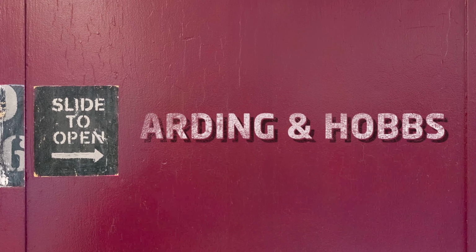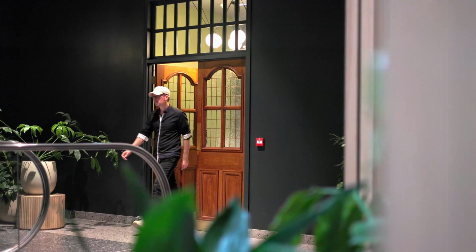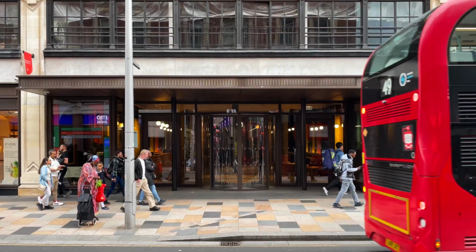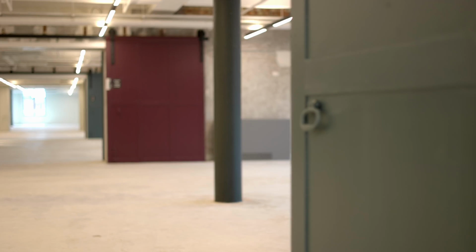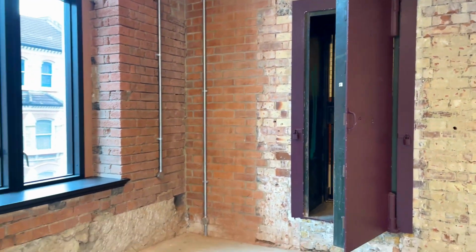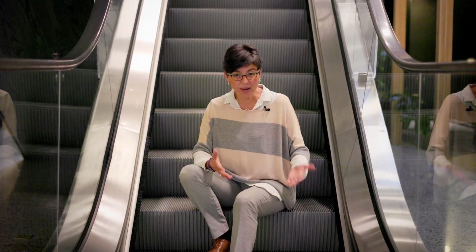Department stores are an endangered species. People's shopping behaviour changed dramatically in the last 20 years, and what was once an event destination for the whole family is now often struggling to generate a profit. Which leaves us with the question, what else can we do with a massive building stock in the city centre